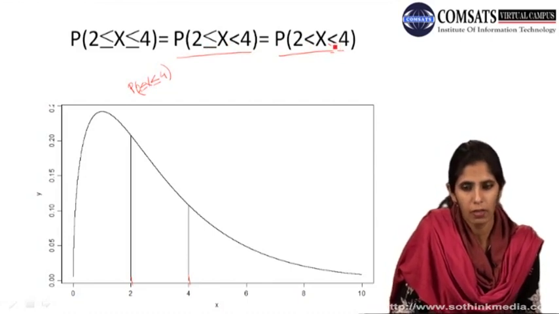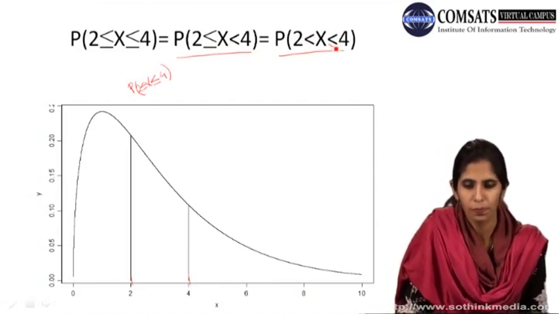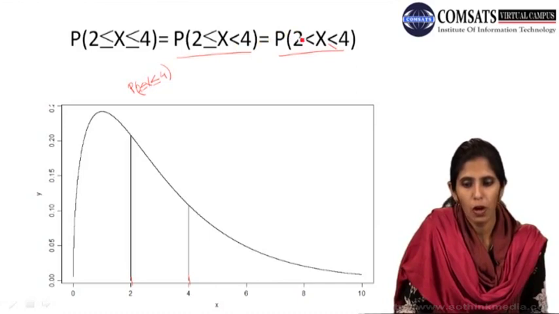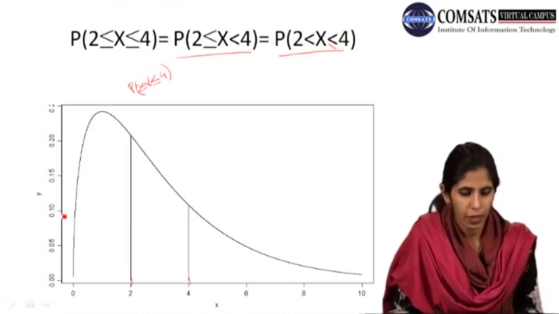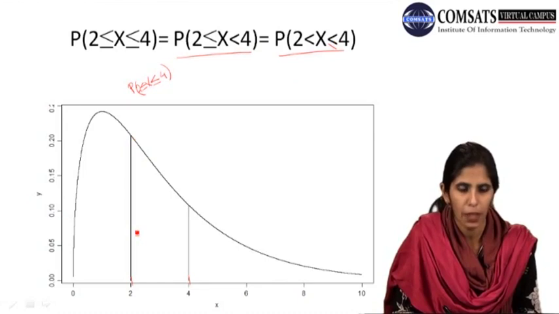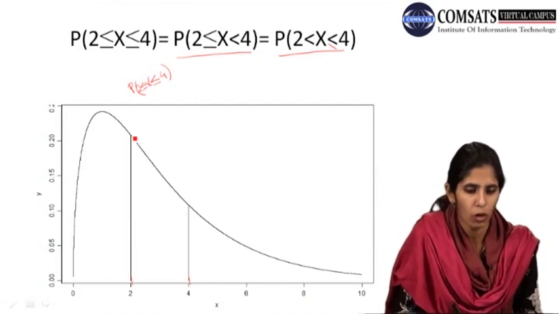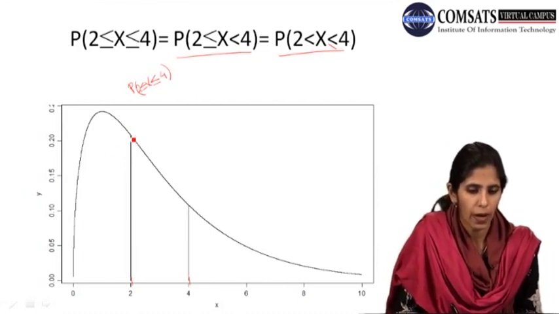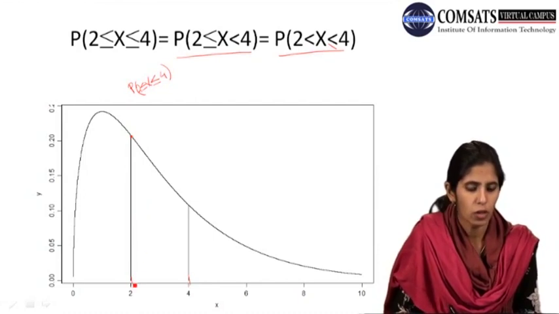You must hold a sign equivalent to here as well. That probability of x is greater than 2 and it is holding that x is less than and equivalent to 4. In the graphical representation we can show that the similar line we also talked about, that we cannot make any histogram here showing how many frequencies appear at a particular point. So we are just identifying a point on the normal curve